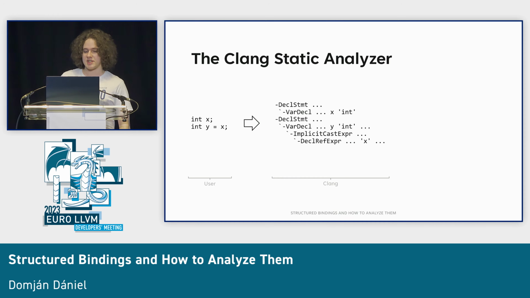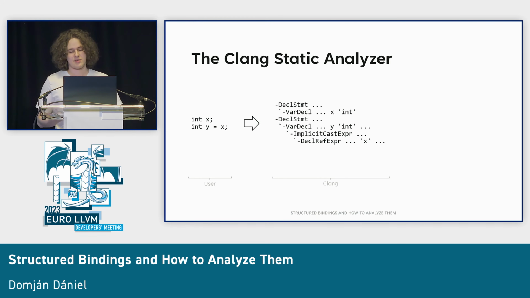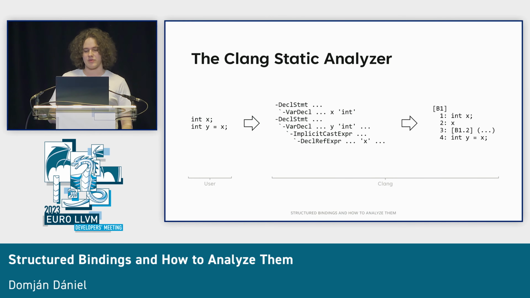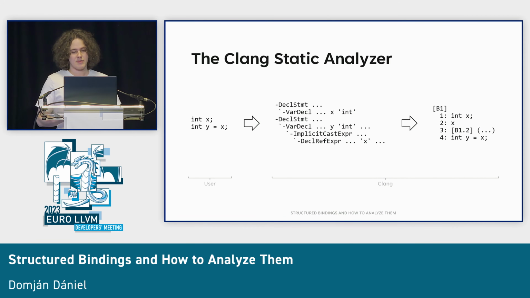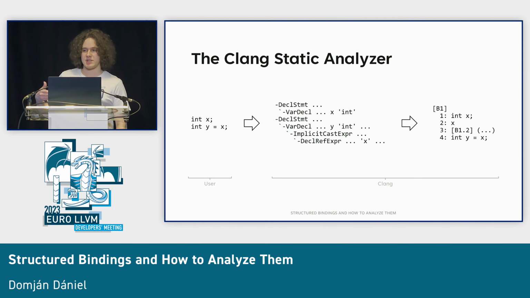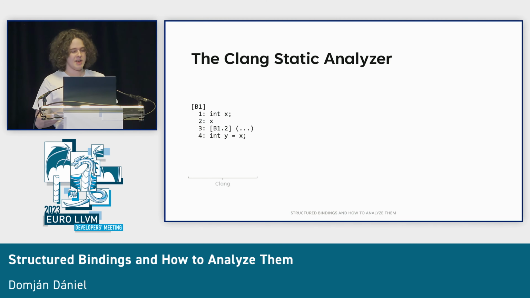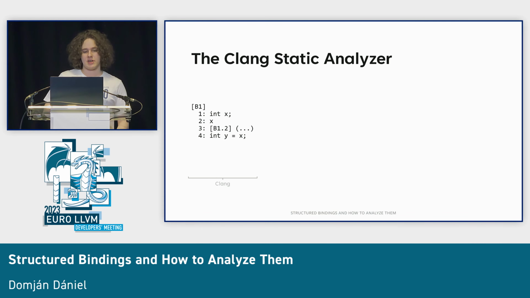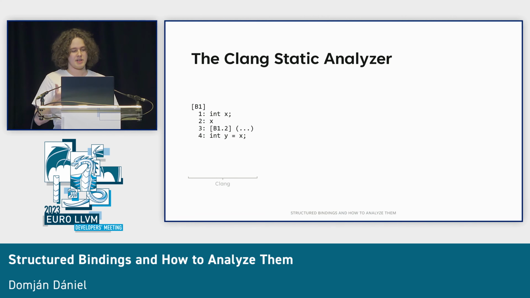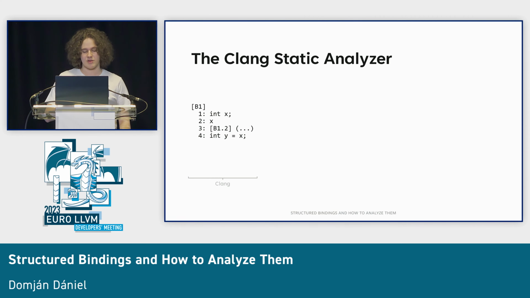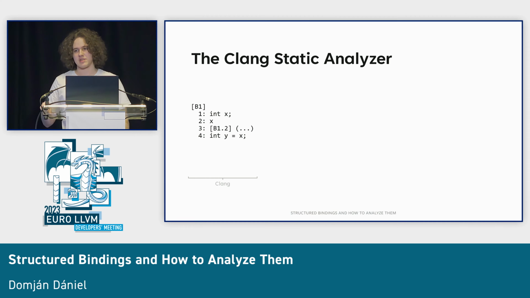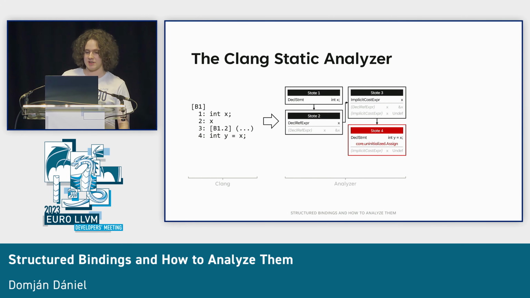And after the AST has been constructed, it's still going to rely on the Clang frontend to construct the control flow graph, or the CFG, which represents the order in which the specific AST statements are evaluated. And after that, the analyzer is going to take the CFG, traverse it, and evaluate every statement inside that, and try to model what the state of the program looks like after the statement has been evaluated, and constructs the